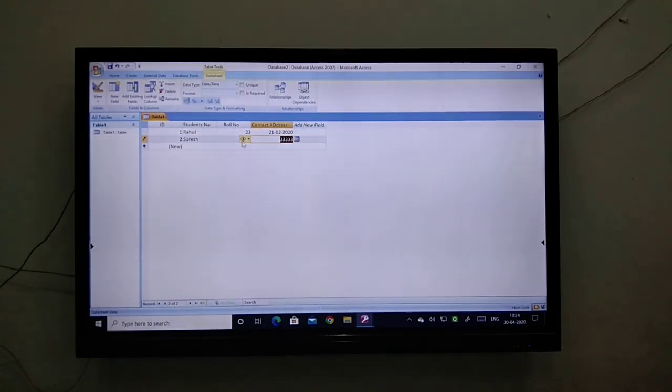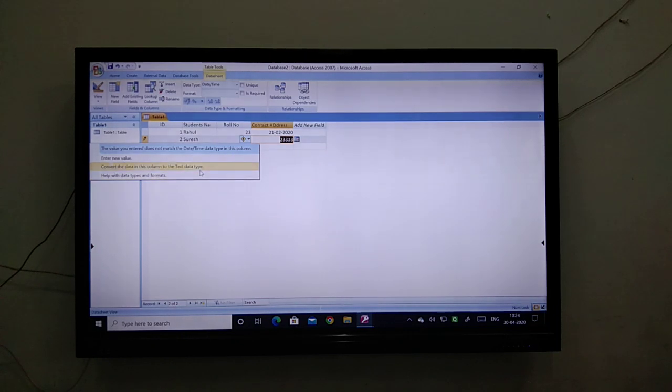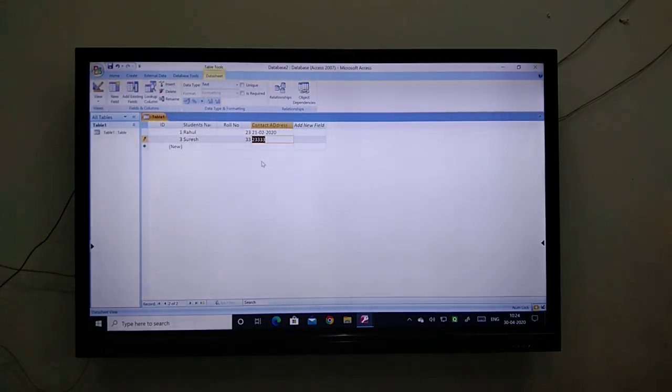Okay students, now in the case of MS Access, this feature you will not get in MS Excel. In the case of MS Access, if any value is wrong, it will not allow you to go to the next step. As you see, I have not given my contact address in a valid format. So that's why it is showing this is an invalid format, meaning give a value in a proper way. When I change this value, only then will it give permission to move to another record.